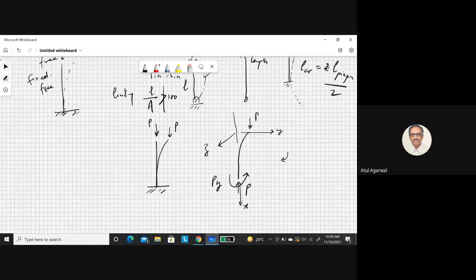Kevalish, are you seeing it? Yes, sir. Okay. So what I have found, I have found the moment from the support and the externally applied moment. Now, what is my target? I want to find bending moment at a cross section. So this is my position X from this end.